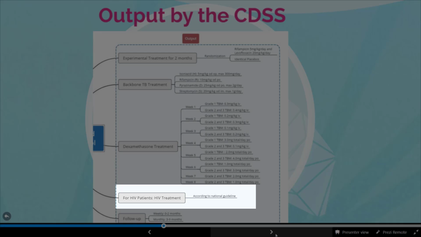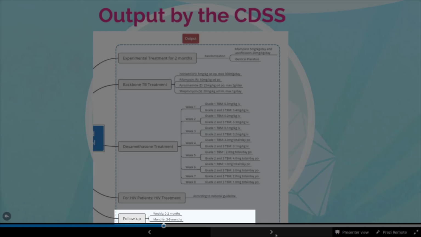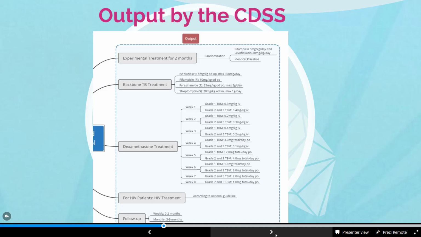In this particular model, an HIV treatment guideline can be incorporated for the clinical study staff to read. And finally, the CDSS model will generate a follow-up schedule and send reminders. In this case, the follow-up visit will be scheduled weekly in the first 2 months, then monthly from month 3 to month 9. And the CDSS model is designed for end users